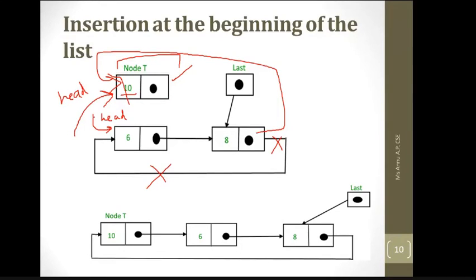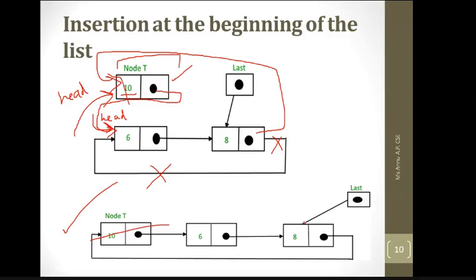Okay, now you will see that whenever you need to access this new list, the head will be accessed as 10, and after 10, the address in 10 next should be the previous head, that is 6. So you need to maintain a pointer here also. After accessing this 6, you can access 8, and because it is a circular linked list, with the help of 8 you can again access 10, and in this circular manner you can access the entire list. Here you will see the output list: 10, 6 and 8.